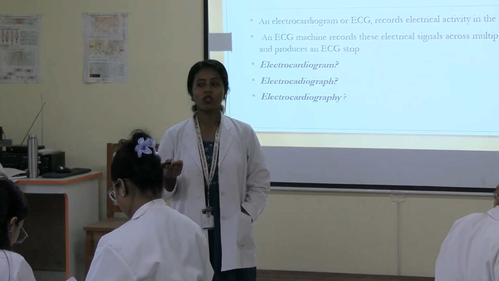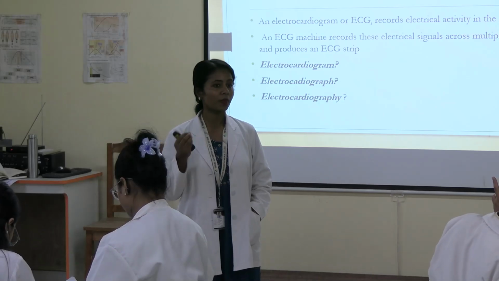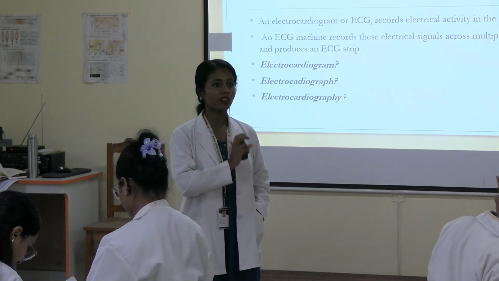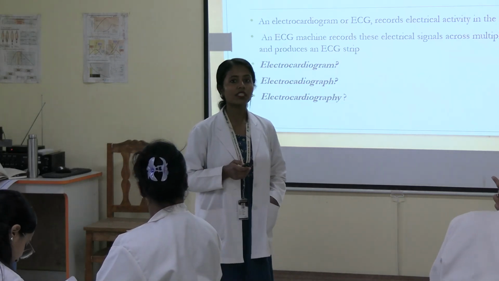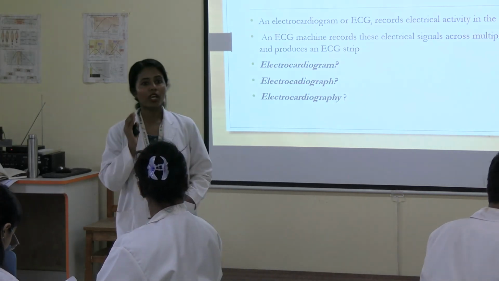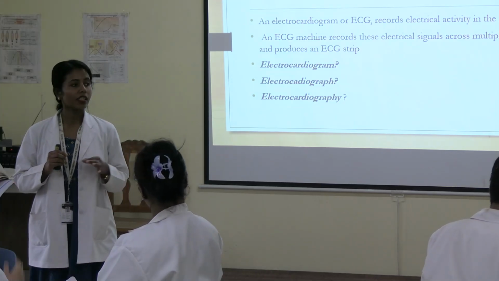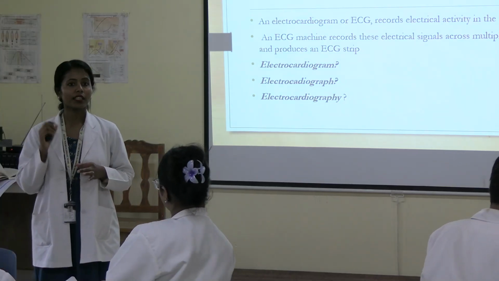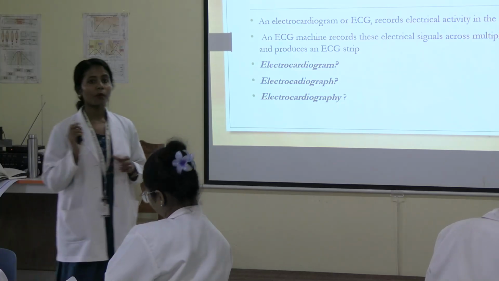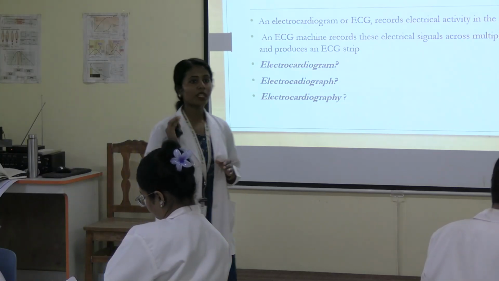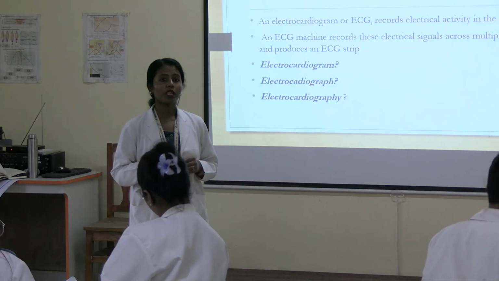Okay. So our body is a volume conductor, so electrical activity can be taken up by the electrodes placed over the skin. That is how it is recorded. So what are the waves you are seeing there? The QRS complex. Sometimes a U wave also can be seen. Okay. So the P wave is because of